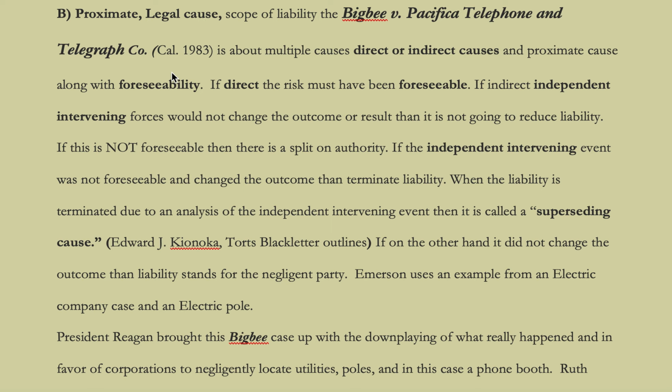This has multiple causes or indirect causes as part of the storyline, if you will, that go about defining foreseeability and directness: if it's a direct cause and it was foreseeable, or if it was indirect and there was an independent intervening cause. Now with this telephone case,